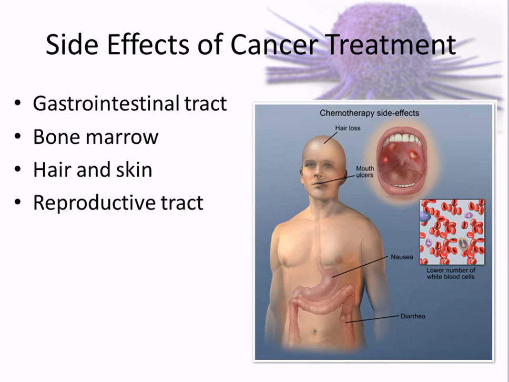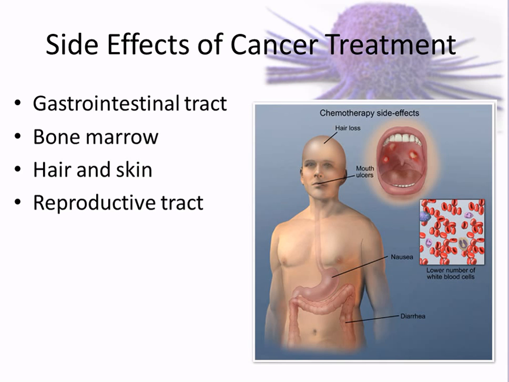I've already listed some of these, like the GI tract. What's the problem? Cancer treatment, chemotherapy is doing what to the GI tract? It's decreasing its ability to heal and replicate. Yeah, these are rapidly replicating cells when you look at the mouth. So if it's not replicating, it's thinner and thinner and thinner, which means you're more susceptible to things like ulcers, invasion, and infection. So the side effects of cancer treatment is, remember, any of the places that are rapidly reproducing, you slow down. GI tract, it can't reproduce itself as fast as it's thinner, it gets more delicate, more sensitive.